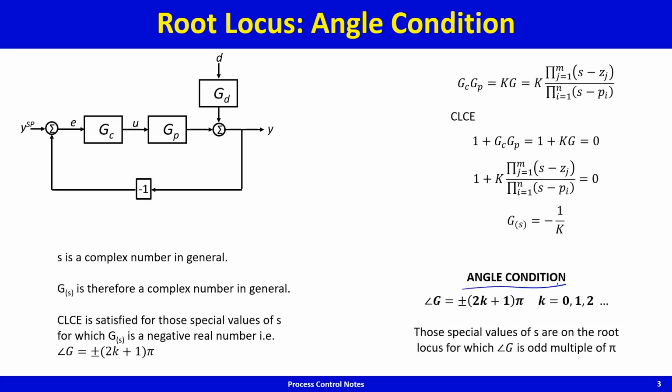That's the angle condition. Because G must be negative real, the angle of G must be an odd multiple of pi: plus minus pi, plus minus 3 pi, plus minus 5 pi. So in other words, we are looking for those special values of S for which the angle of G is an odd multiple of pi. This is the angle condition, and by invoking the angle condition, one can make a very neat qualitative sketch of